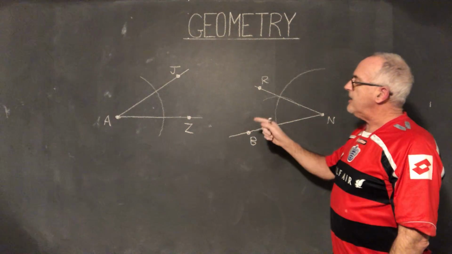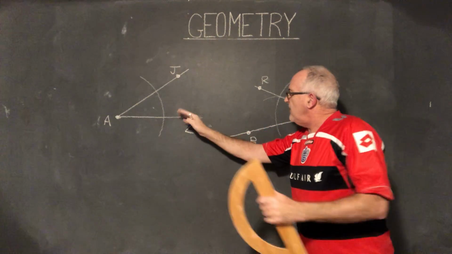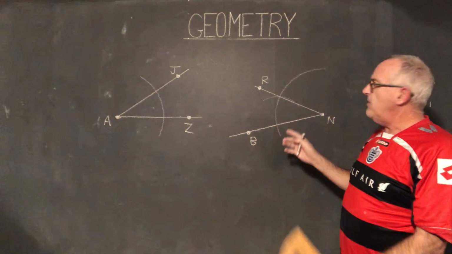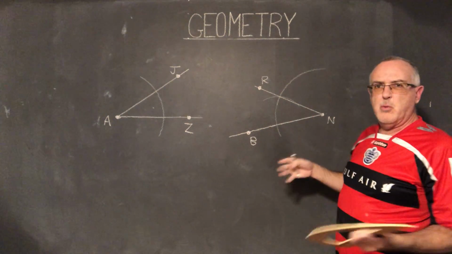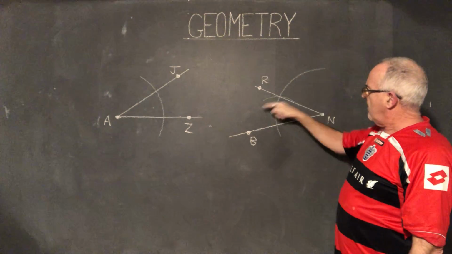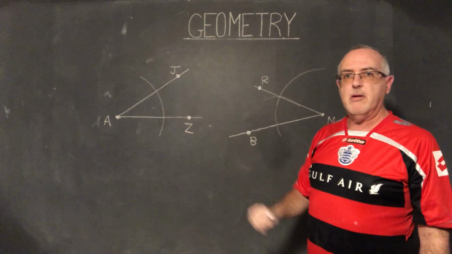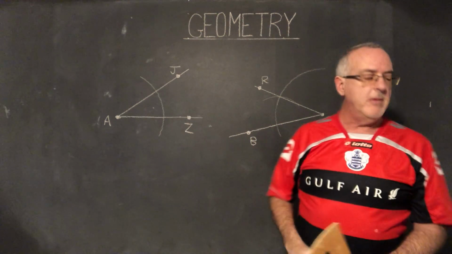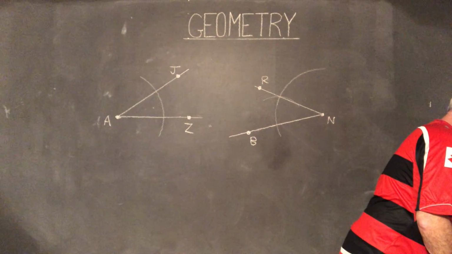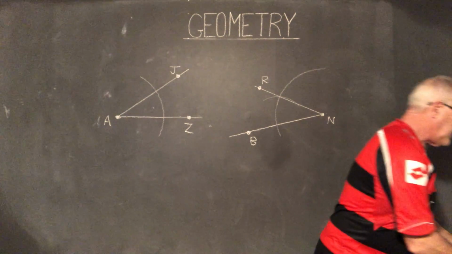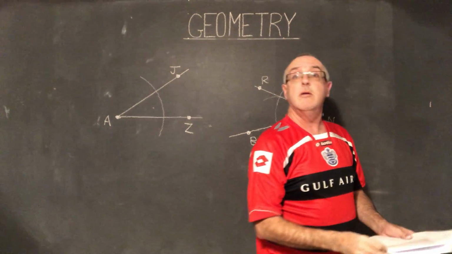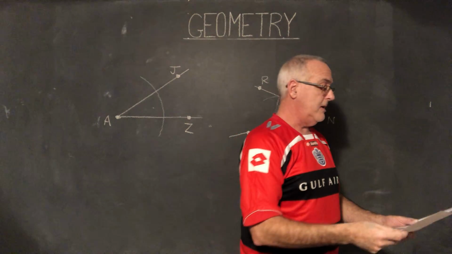I really like this technique, because when you're first learning to do it, you don't expect it to work in a way that's so flexible. I can draw my second angle pointing any way I want, and it still ends up being a copy of the first one, because they have the same degree measure. I'm happy with this. Okay, so all that's left now, and not very much time to do it in, is